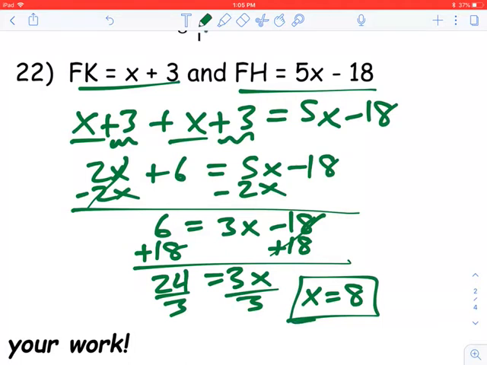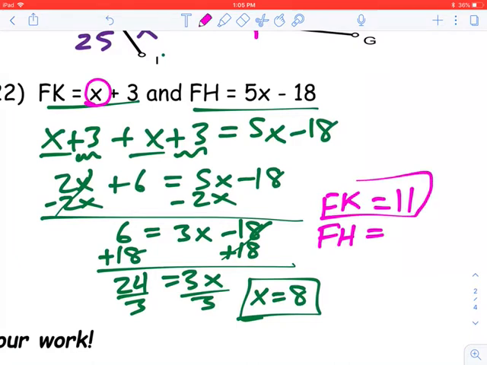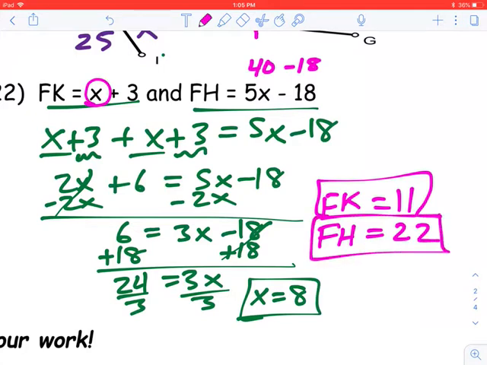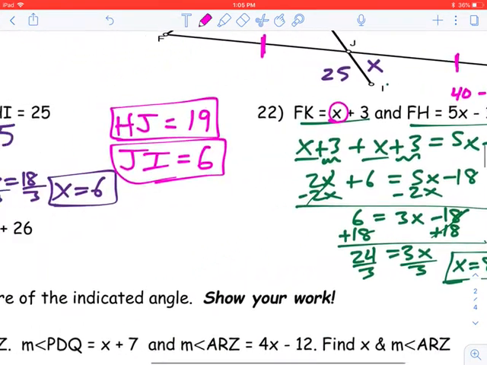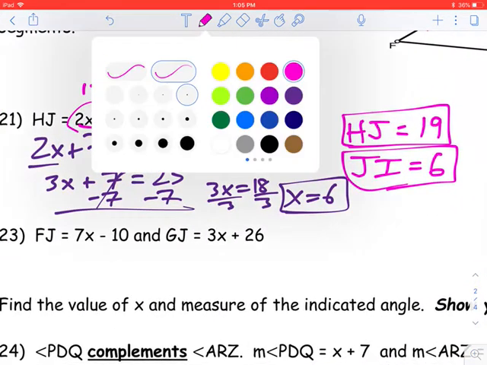So if x equals 8, I also want to make sure to find fk and fh by plugging it in. So 8 plugged into here, 8 plus 3 is 11. And 8 plugged into here is going to be 5 times 8 is 40 minus 18, which is 22. Which should make sense because 11 plus 11 is 22. Okay. So the last one for that picture, I've got